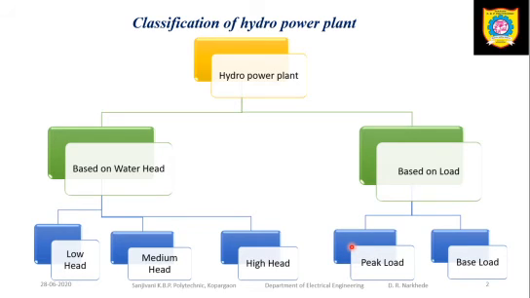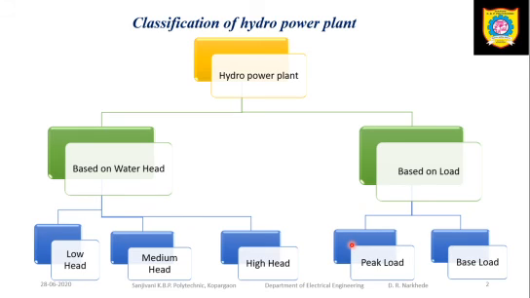Now why are hydropower plants referred to as peak load plants? If you consider a thermal power plant, the starting time is nearly 24 to 48 hours. If I want to start the thermal power plant from the starting point, from putting coal inside the boiler to the generation of electricity, it requires 18 to 48 hours. But my hydropower plant can be started within a few seconds.